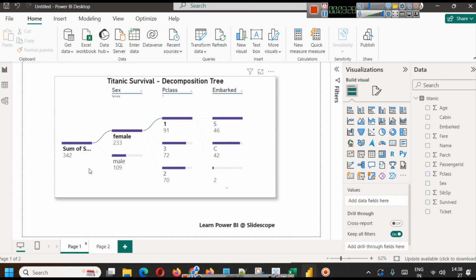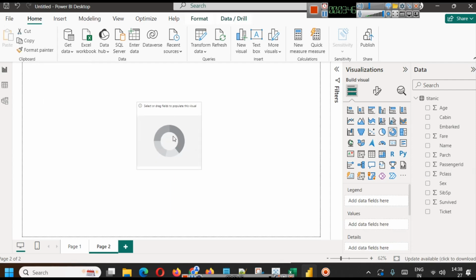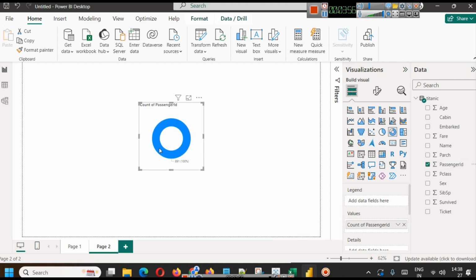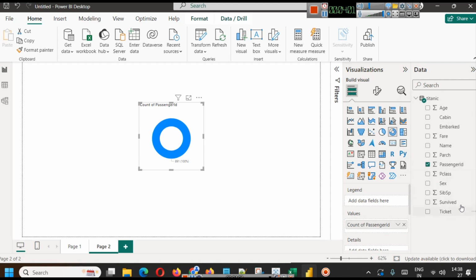So first of all, let me explain what is happening here. The starting node is sum of survived, which is 342. Okay, so out of total passengers, let's see the simple data. Let's see a donut chart here. We have the total passengers in passenger ID. If you count distinct passenger ID and put survived in the legend,